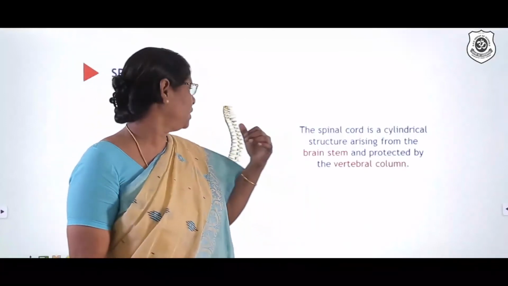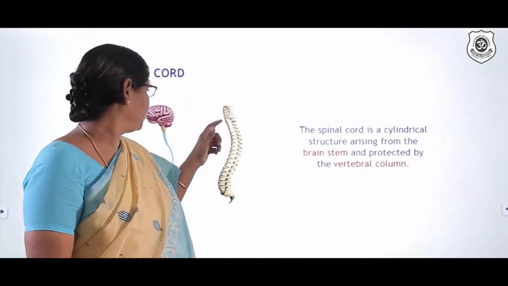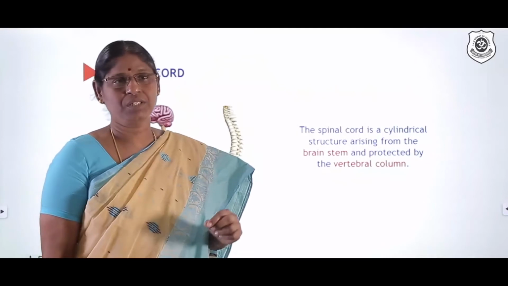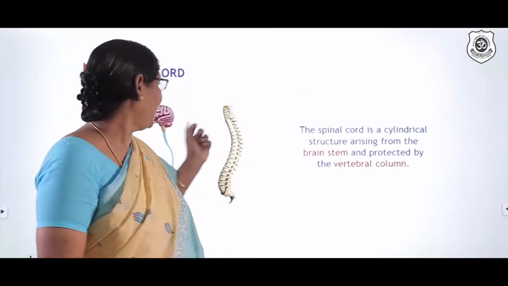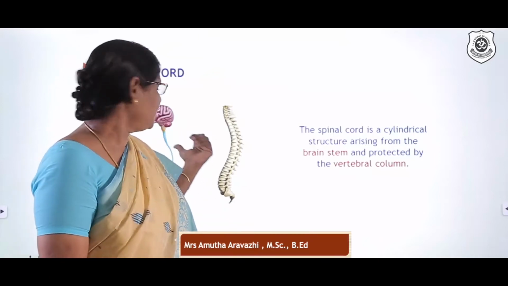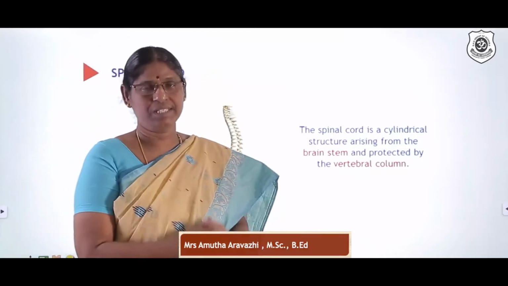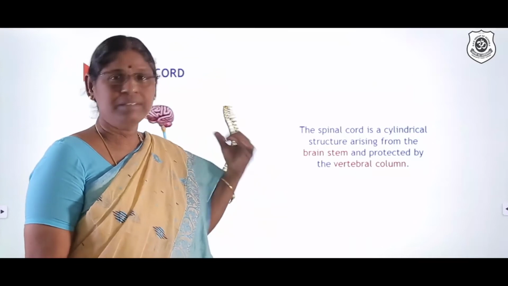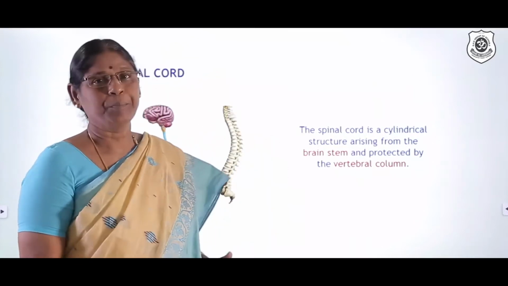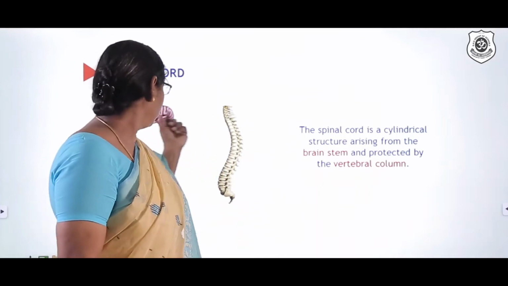Where do you see the spinal cord? Yes, it is an extension of the brain. This spinal cord is a tubular structure that runs through the vertebral column. As you know, the spinal cord is an extension of the brain, and it also serves a very important function here. Now, this spinal cord